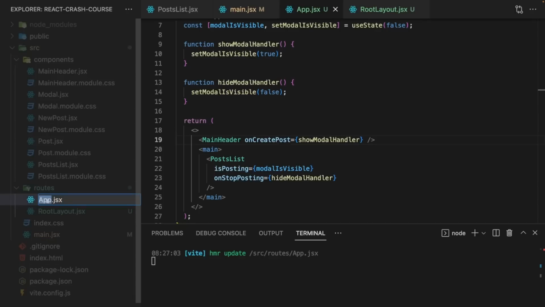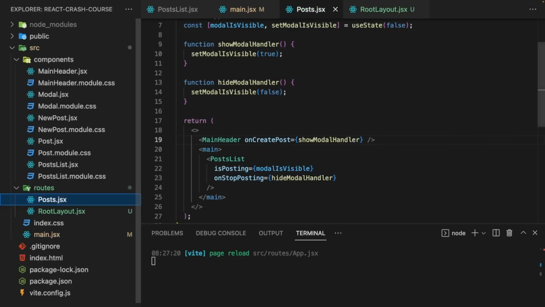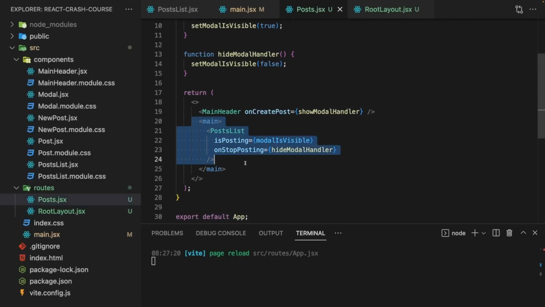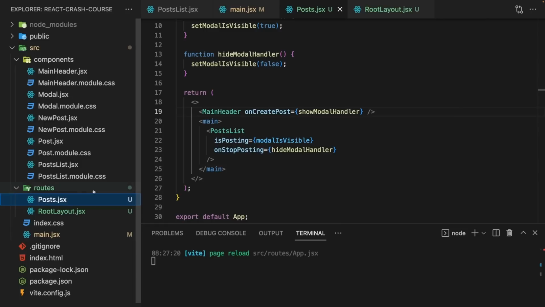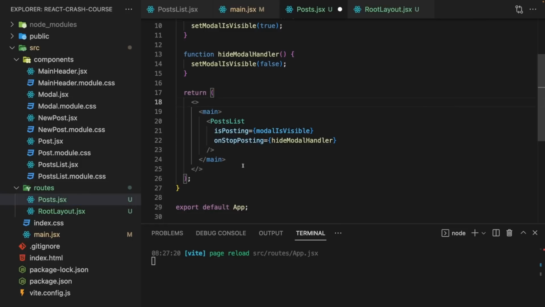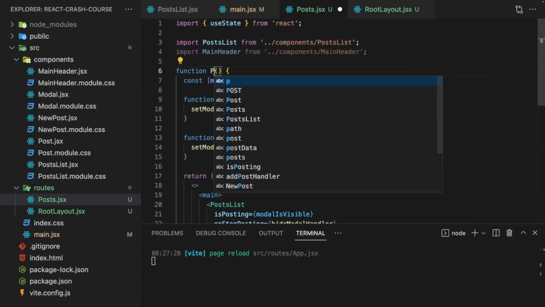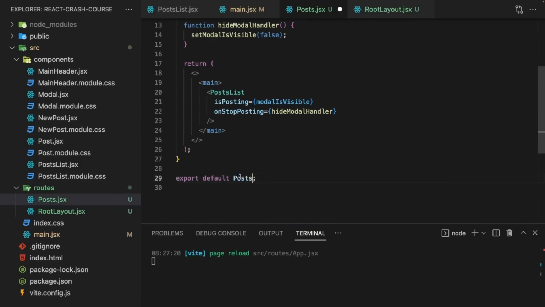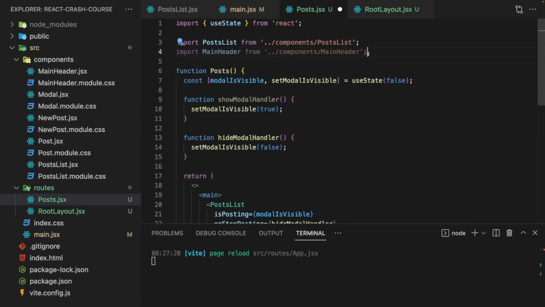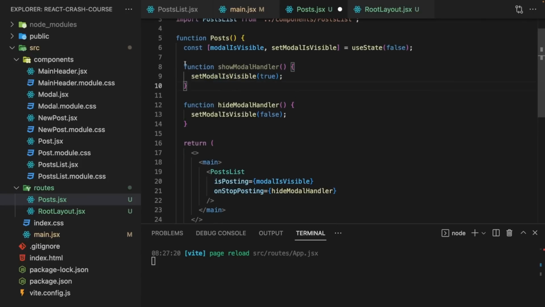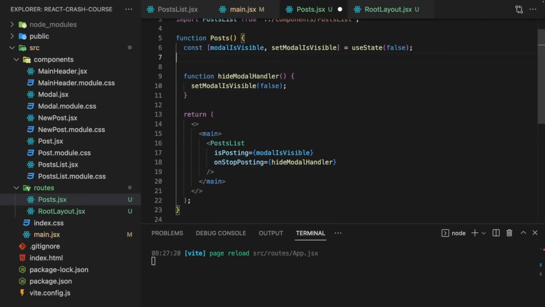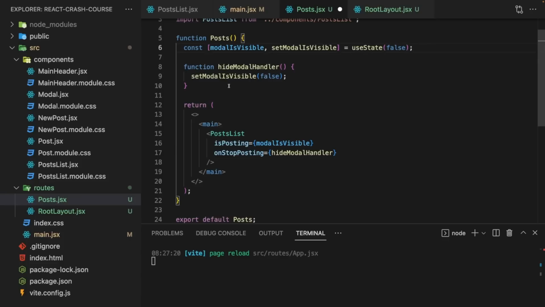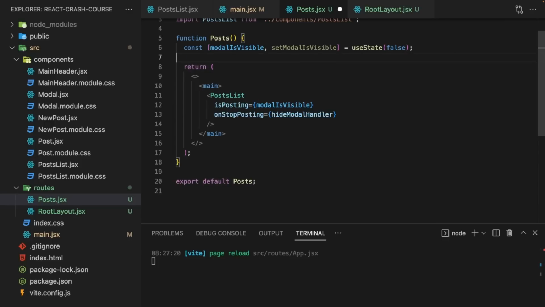And I'll rename this app component here to posts because ultimately this should be responsible for rendering my posts list here. Now in this posts.jsx file, which was the app component, I'll remove the main header and I'll rename this component function to posts, also in the export. And we can get rid of that main header import here as well. Now we can also get rid of the show modal handler because that was previously used by the main header. And we can actually also already get rid of hide modal handler here